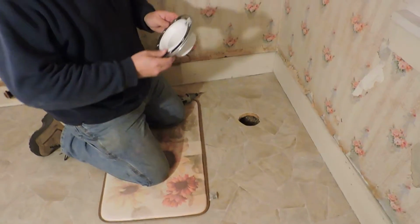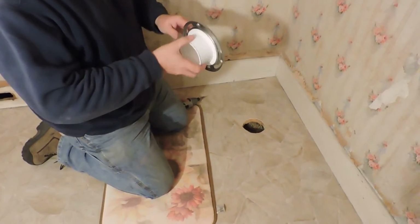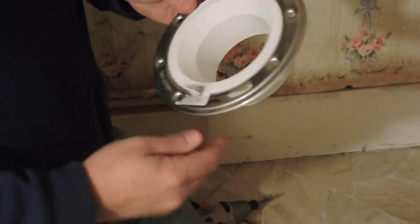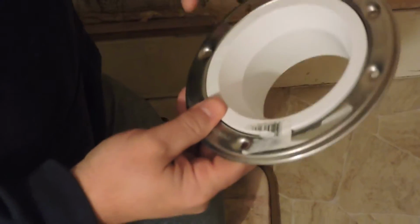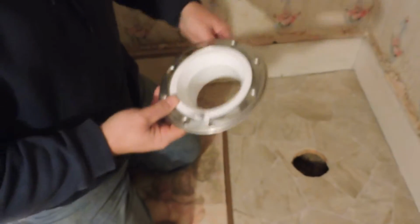Well, the next step here is to put the floor flange in place for the toilet. This is a floor flange, and this is how the toilet actually is held in place to the floor. Now this one that I bought has a stainless steel rim around it. You can get a one-piece plastic one nowadays, and you can also get them with a longer tail if you wanted them. But this is designed to anchor the toilet to the floor, and it will then connect up to